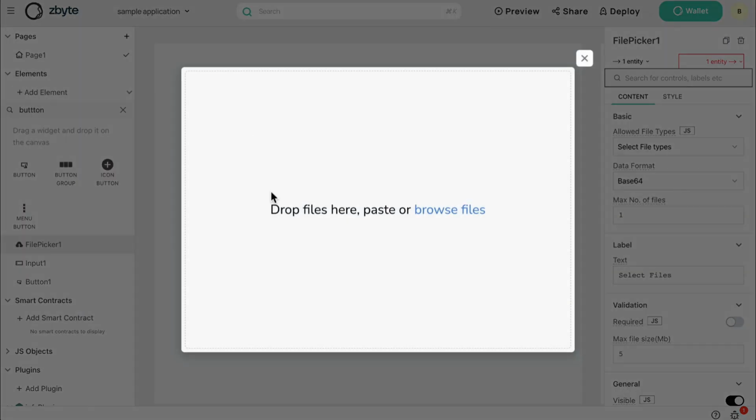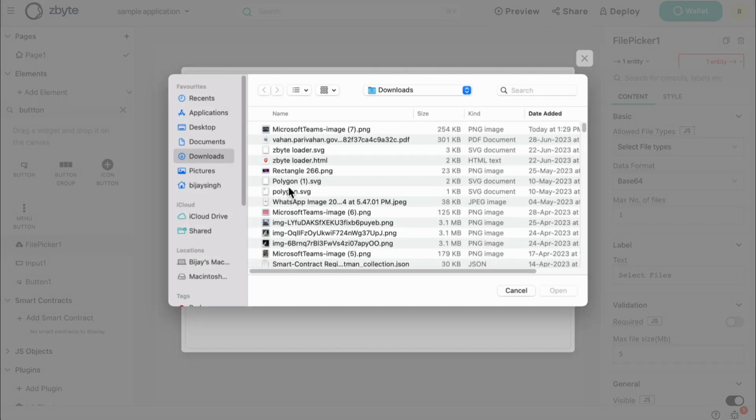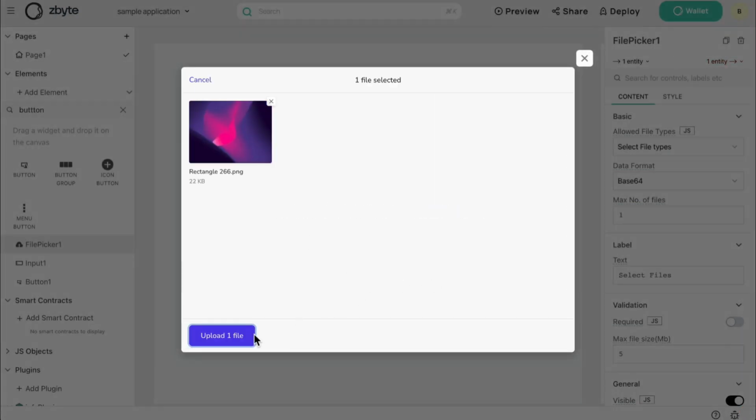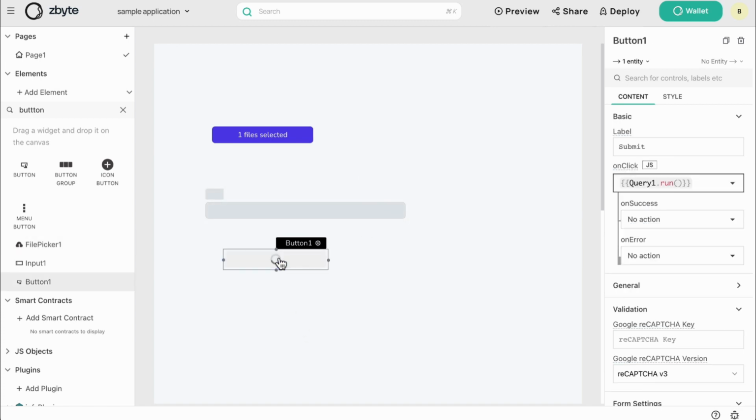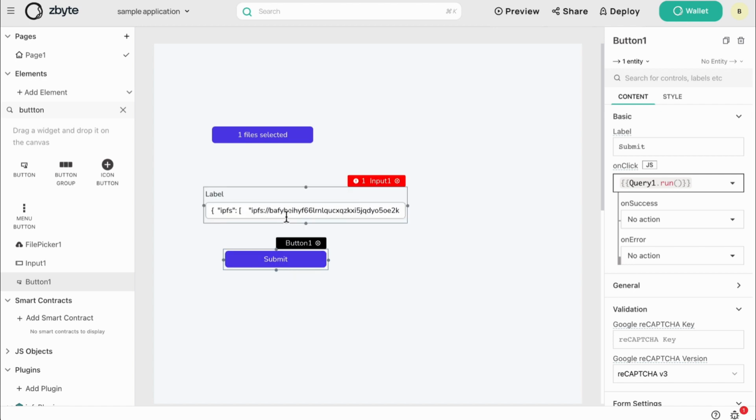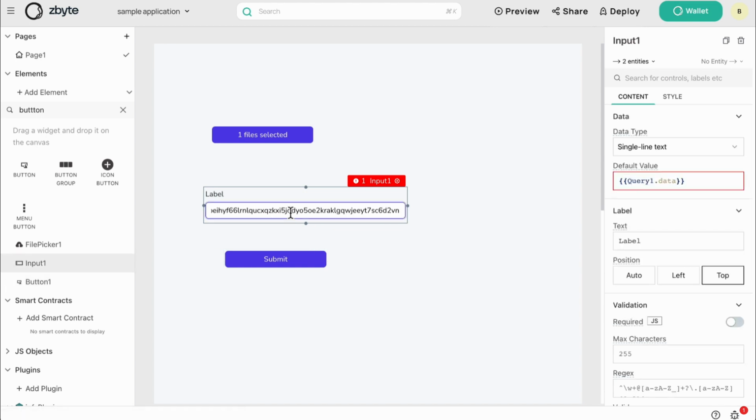I'll first of all select a file from my system. Suppose I select this rectangle, I upload the file, and now when I click submit, it will take some time to upload the data to IPFS, and it will return this data from IPFS. So now we copy this data from here,